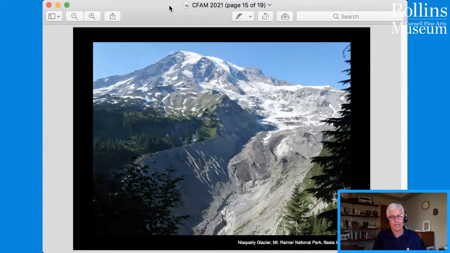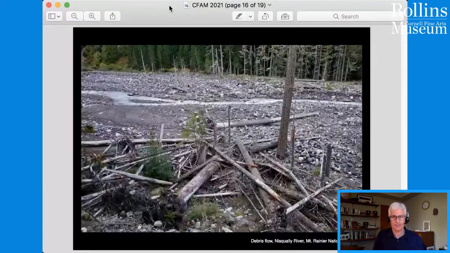As the glaciers melt back, they release tremendous amounts of sediment downstream, and these big debris flows and floods have devastated old-growth forests downstream and buried forests in glacial sediment. And many of the historic cultural features in Mount Rainier National Park are also very much under threat by this. They've actually had to build defensive earthworks around the Longmire National Historic District, which has all these great examples of early national park architecture, just to protect that area of the park from the debris flows and floods.